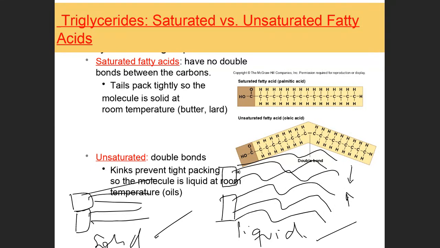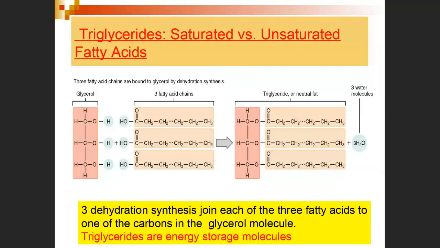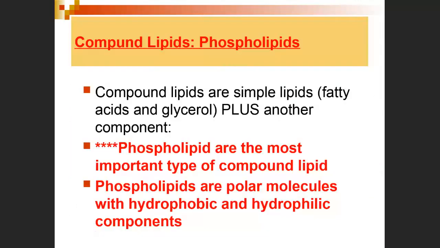What does the cell need? And the answer is it needs both. But it does need for these structures to not be completely solid. They have to have a gel-like, liquidy consistency to them. So back to this concept: that is the reason why we care about saturated and unsaturated, at the cellular level. How does that make a difference in the cell? So here we come to probably the most important lipid of them all, which is the phospholipid. It's a compound lipid.